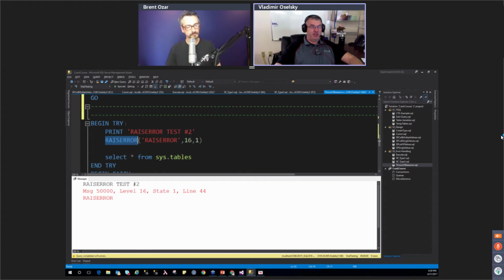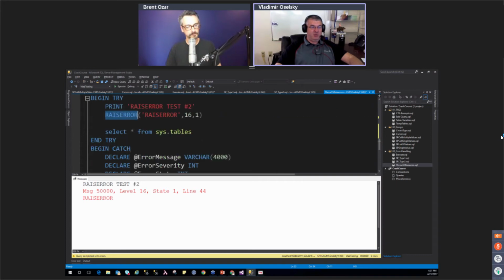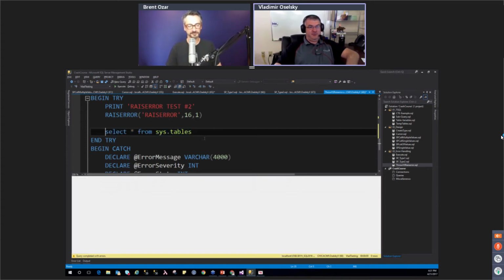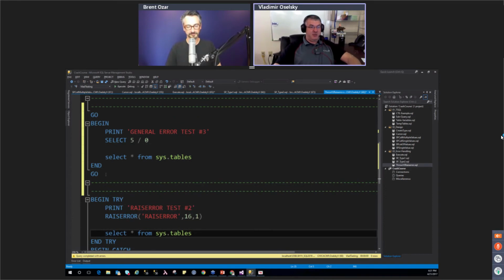So if you have a stored procedure that doesn't have a try catch block and you have RAISERROR, the execution will continue. If you have a stored procedure with a try catch block and you have RAISERROR, it will stop execution and you won't get that select statement, which is actually a very similar scenario to what happens if we just have a generic error message.